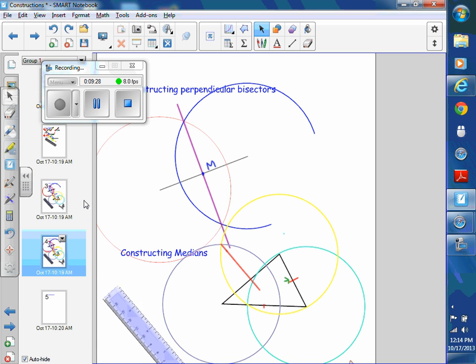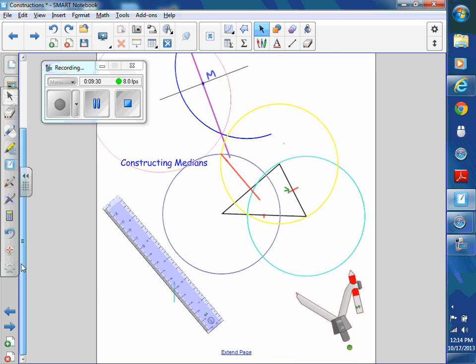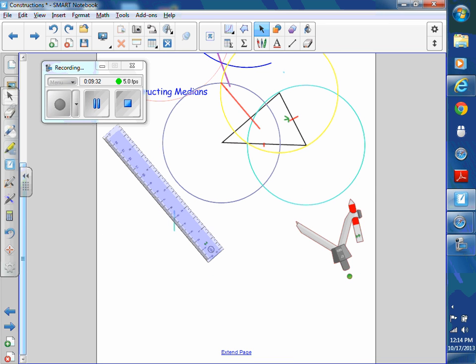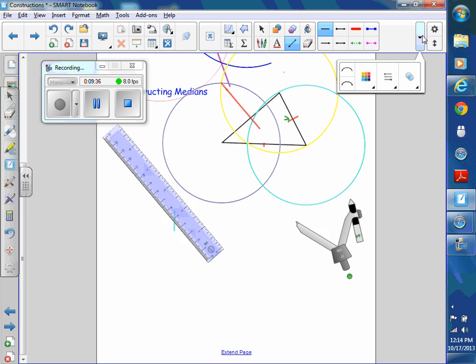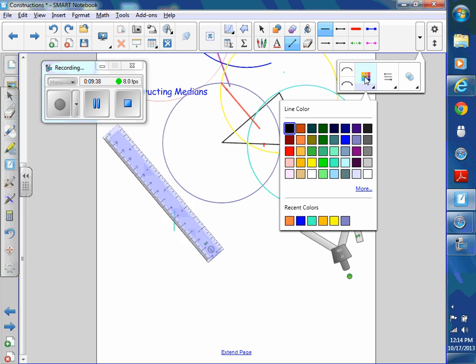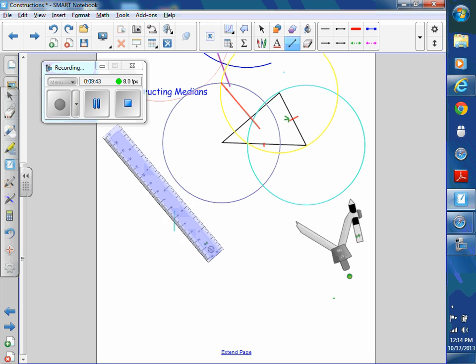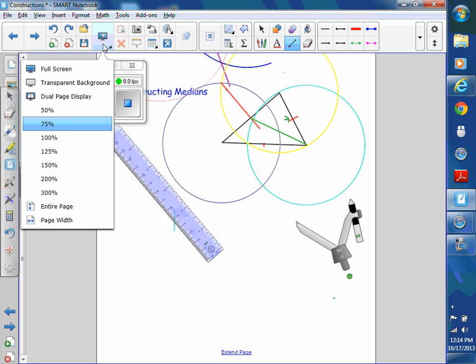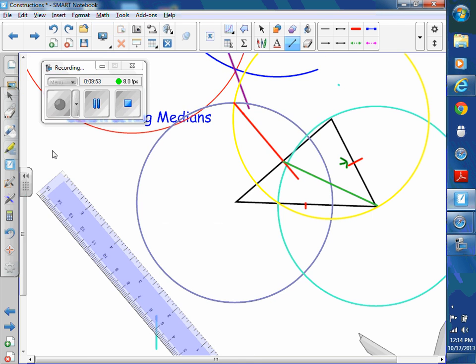Because to construct medians, what I need to do now is just take a straight edge and connect the midpoint to the opposite vertex. So I've got this midpoint right here. That's a median right there. Okay, a median. There's 3 in the triangle. You connect the midpoint, here's a midpoint,